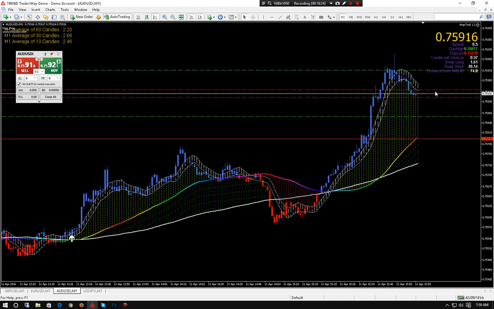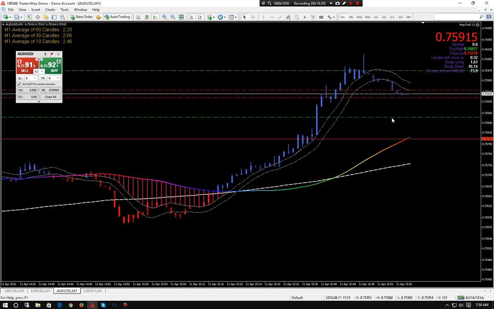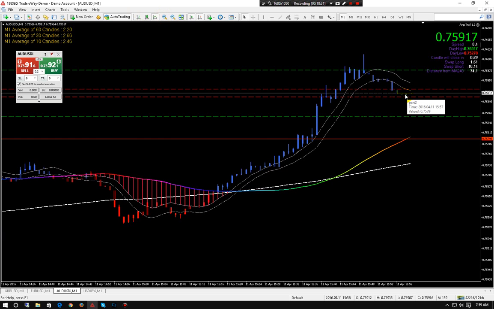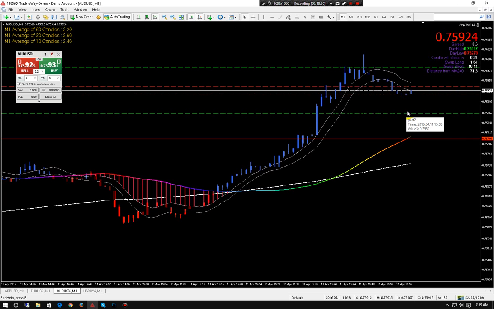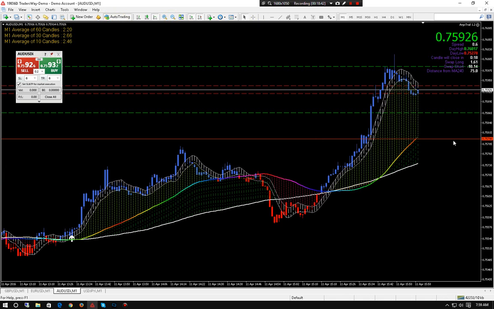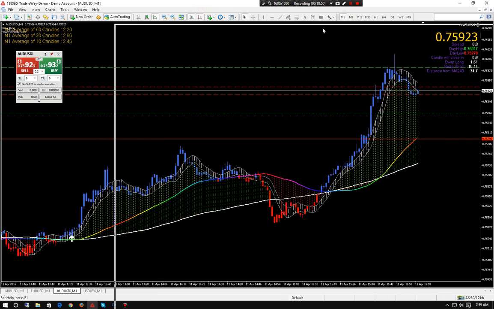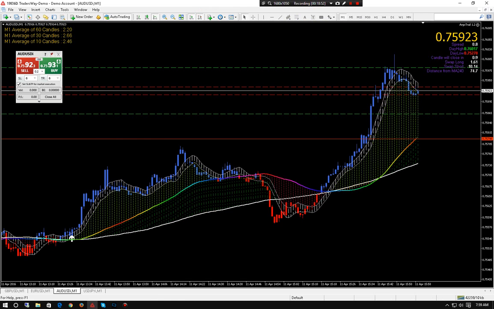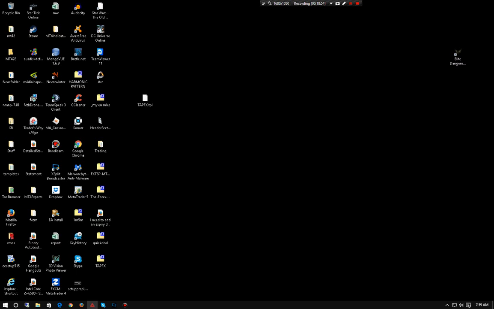The red channel is a 2-pip channel. It basically gives you an idea on candle size. So if we're looking right now, look at these candles. This candle was less than 2 pips big, less than 2 pips big, less than 2 pips big. Just a visual cue for you, a little bit of visual help there. There's a lot of things in here that, because trading is visual, if you were looking at this, I'm going to do something real quick. I'm going to take this off here for the next chart, and I want you to see why I like using inlines.